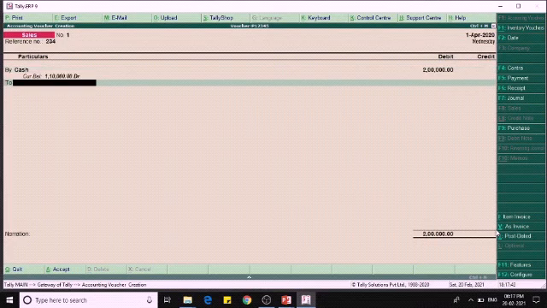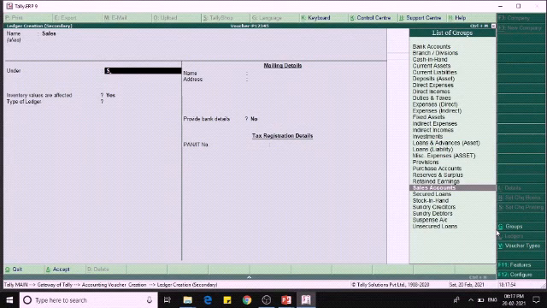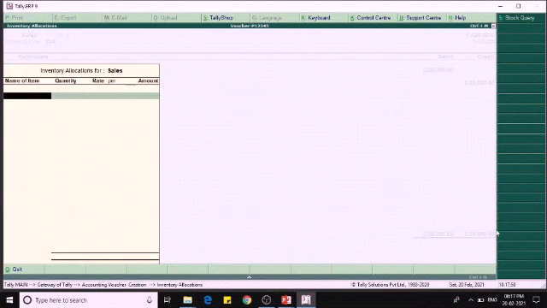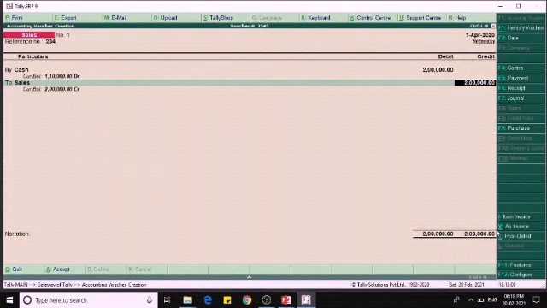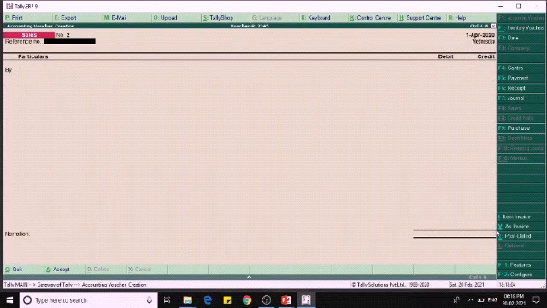Okay, to sales account. For the sales account we have to create the ledger, so I just create the secondary ledger, sales, under the sales account. Okay, so the stock items will be displayed here. So like this we have to create the sales voucher.